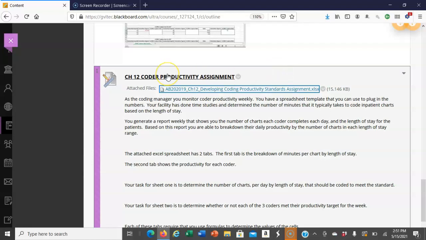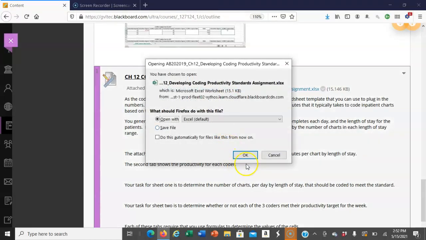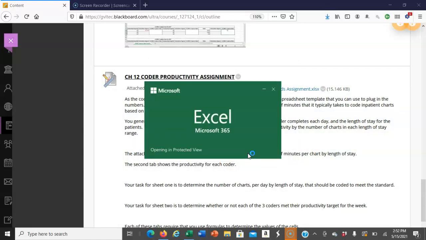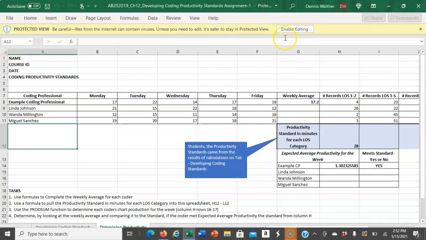In chapter 12, we talk about coder productivity. And in this assignment, you're going to be determining productivity and identifying coders who are not meeting the productivity guidelines. For this assignment, you're going to be opening an attached Excel spreadsheet. And when the spreadsheet opens, you're going to have to enable editing. So up here at the top where it tells you it's in a protected view, you need to click on